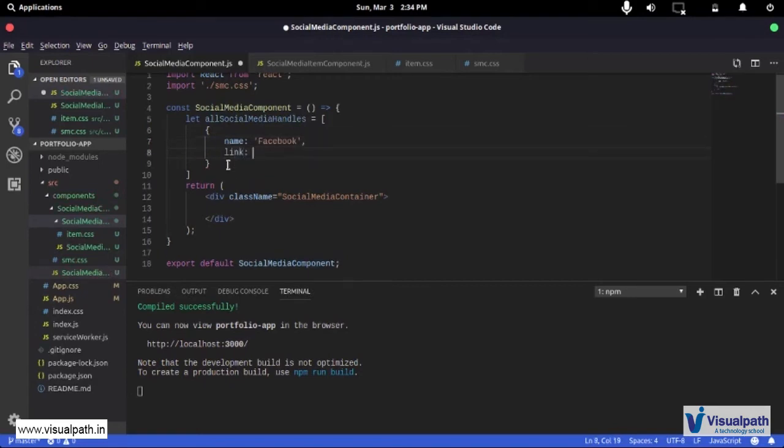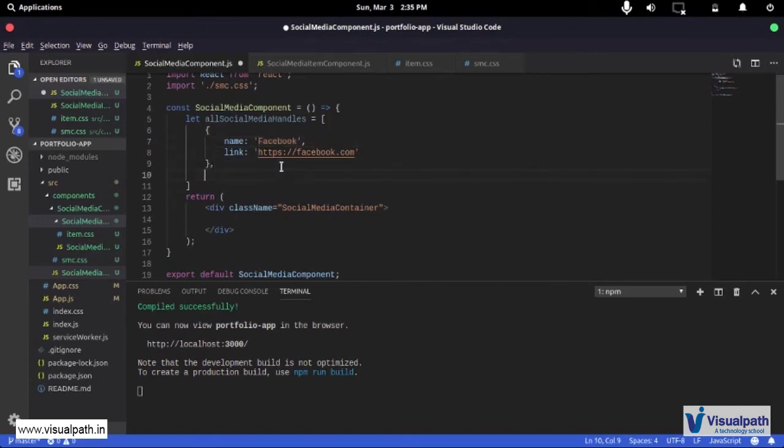So the link is https://facebook.com, and in your case this can be your name or the location of an image that we want to show, or anything. But for our current purposes, we want to show the name, and then we want to use that link, wherever that is going to point to.